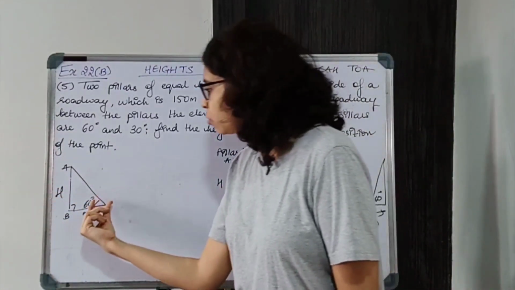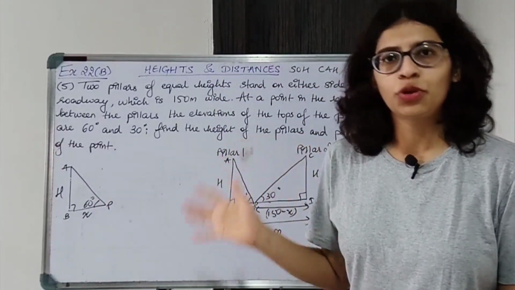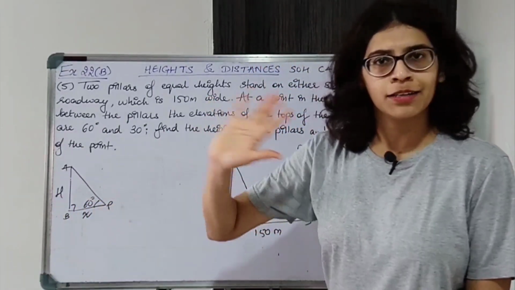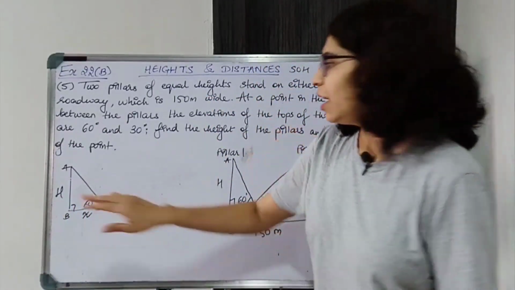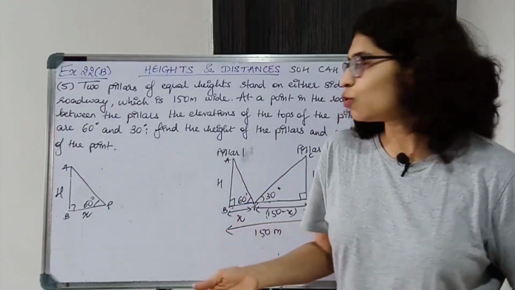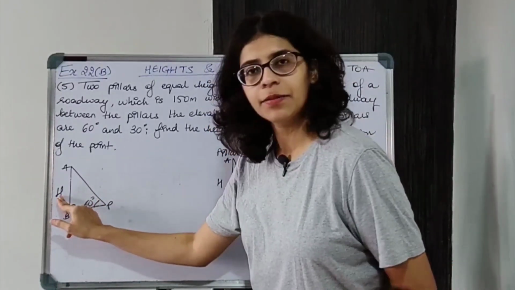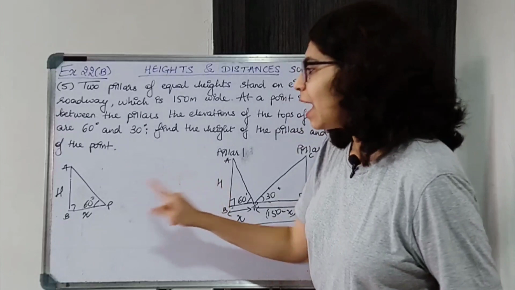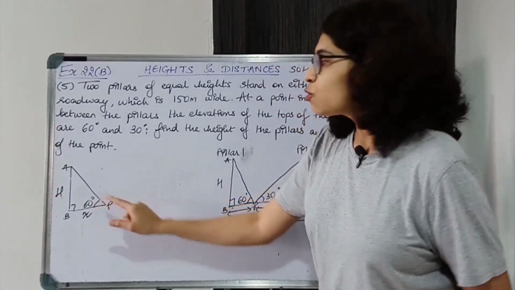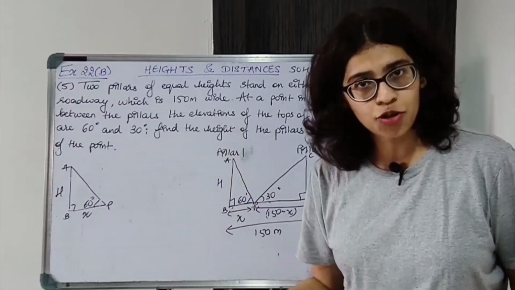Now over here we know the angle, but do we know any of the sides? No, we don't know. But we have to find h, and we have to find x also. So find the relation between h and x. How are they related? h is the opposite side of the angle, and x is the adjacent of the angle. So we need the relation between opposite and adjacent from the trigonometric ratios.